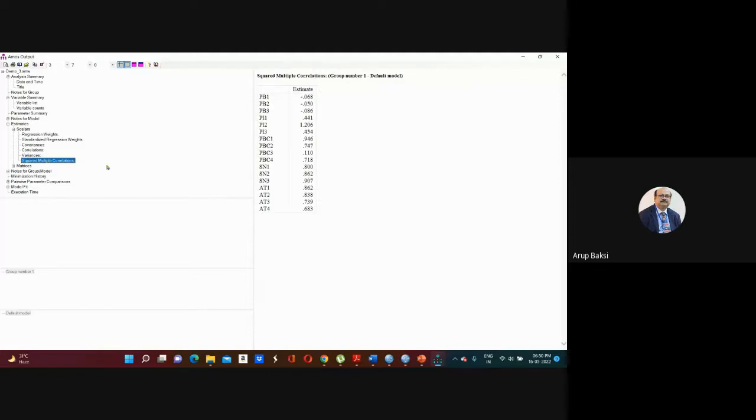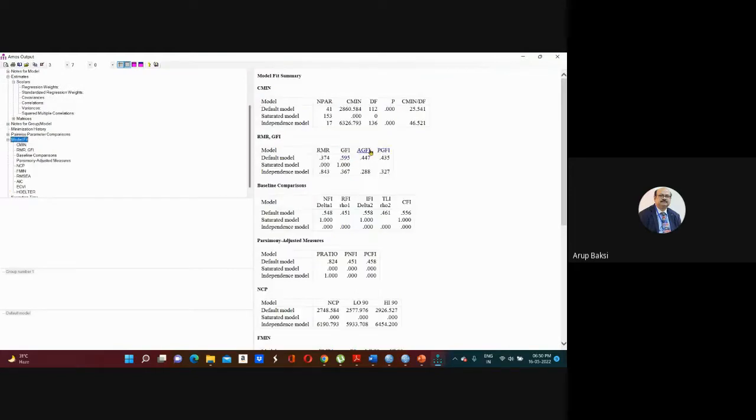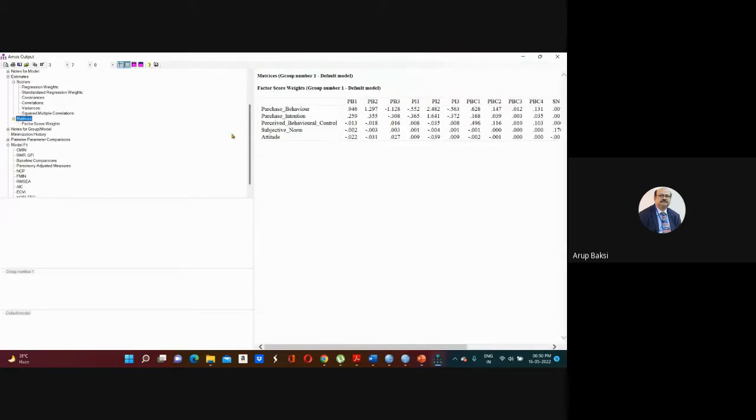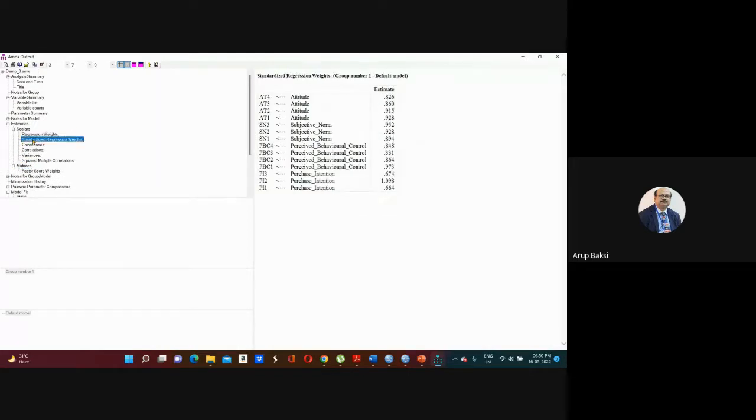So you have a lot of things over here which will be very important for checking the validation. Okay, and then you will have the model fit, the GFI, AGFI, etc. So that is also there. Fine. So let us first go to the regression weights, but we are normally dealing with the standardized. This is a very important thing, the standardized regression weights, but we will come to it a bit later, because